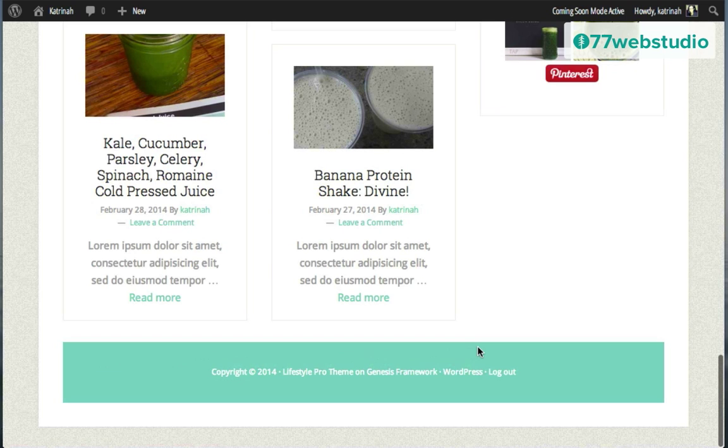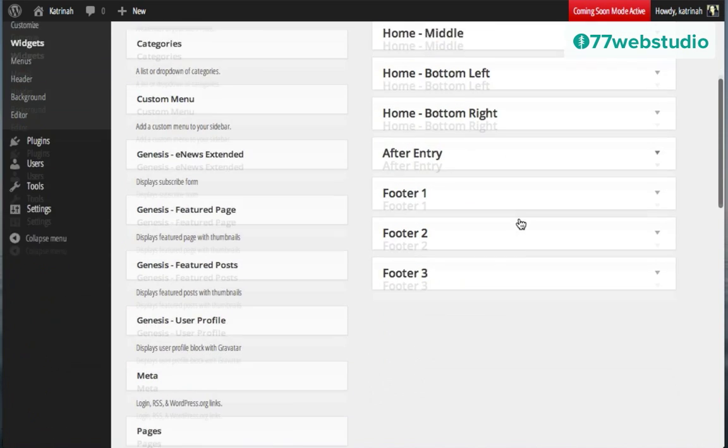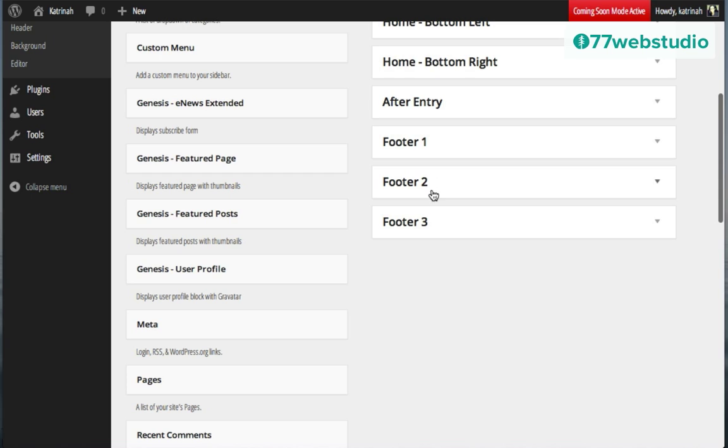So now that we have the sidebar all set up on our website, let's also set up the footer section down below. There's a footer area right above these footer credits that we can add. So to add that, once again, I'm going to go back to the widgets section by clicking on widgets. Then here on the right-hand side, we can see there's a footer 1, 2, and 3 section widget. So there's 3 different areas for our widget section in the footer.